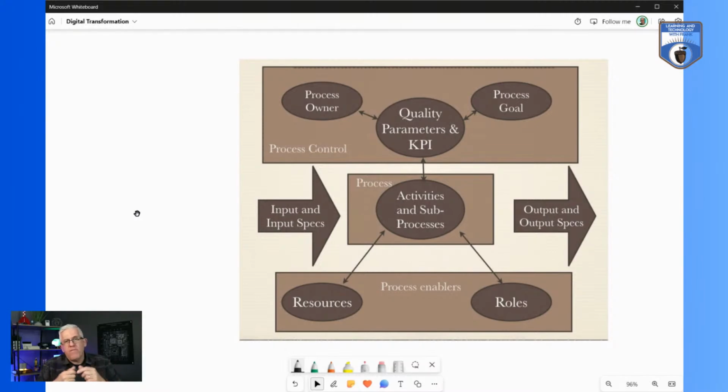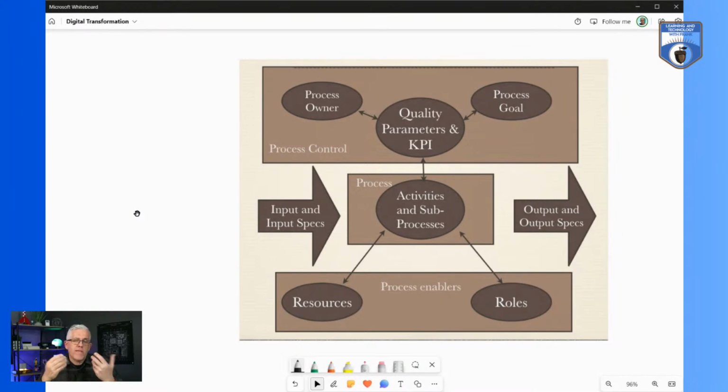And this is a map. If you're a former student of mine, or if you've been a student of mine in any of my classes, my infrastructure classes, my business intelligence classes, chances are at some point I've shown you this diagram. This is a process diagram that allows us to look at the activities that we do and break them down